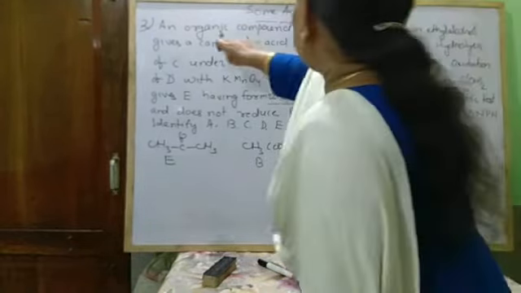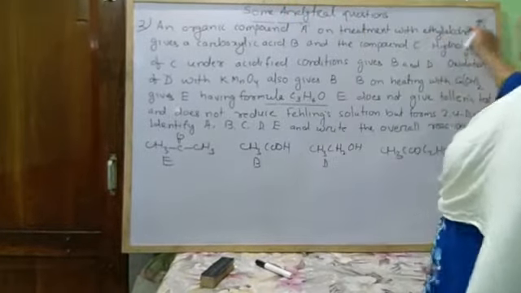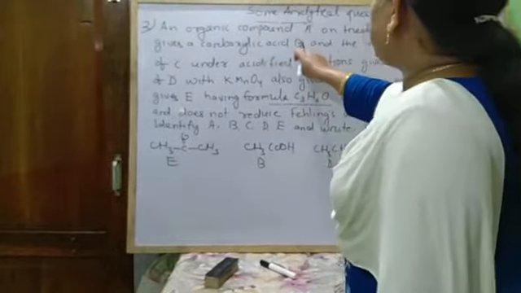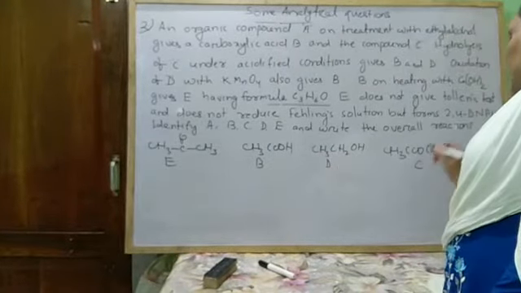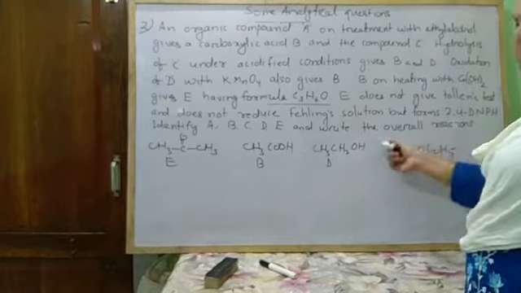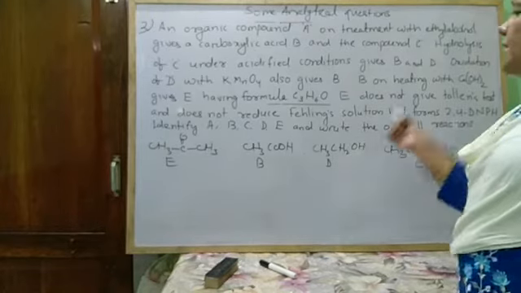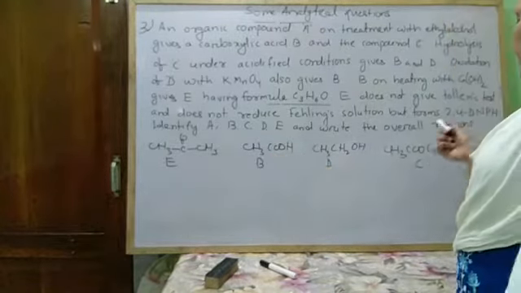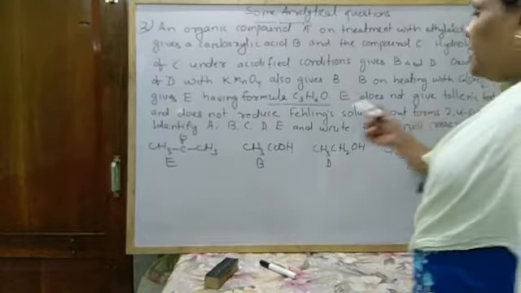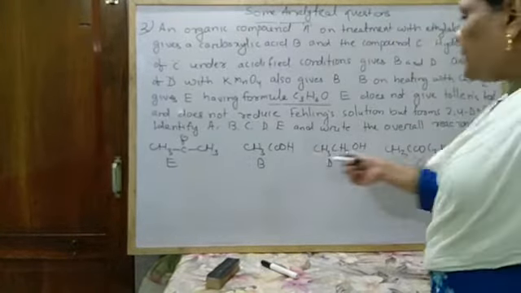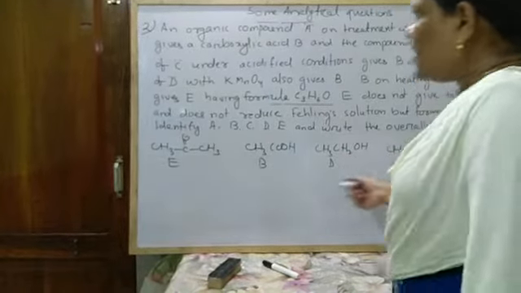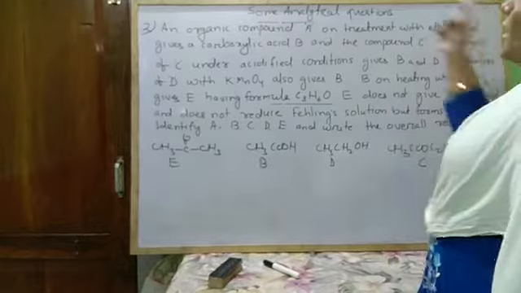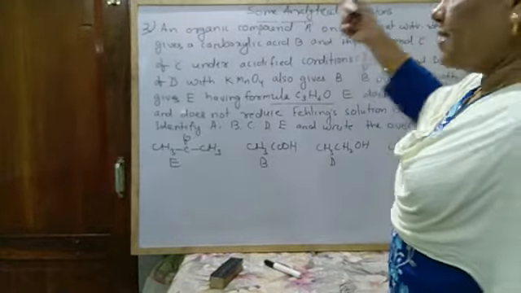And see how C is obtained. C is obtained from compound A on treatment with ethyl alcohol, which gives B and D. So you know what B is, what D is, and what C is, then what is A? This is ethyl acetate and another is carboxylic acid. Ethyl acetate is C and B is carboxylic acid. From this I may conclude that A may be an acid anhydride, and A has the formula